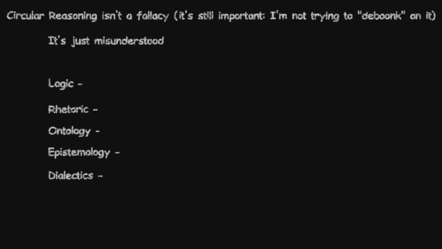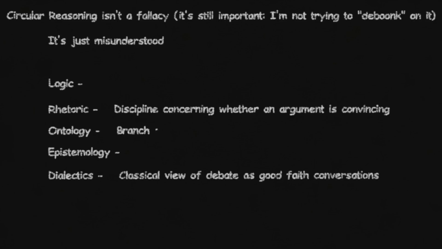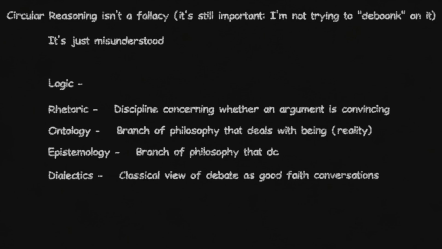What follows are probably vast oversimplifications that I have to make for the sake of brevity, but rhetoric, for example, is the discipline concerned with whether or not an argument is persuasive. Likewise, dialectics, in a classical or pre-Hegelian sense, is just an argument that flows more like a discussion in which both parties are trying to find the truth. And ontology is the branch of philosophy concerned with being. So, for the purposes of this video, I will be talking about what is true of reality, which is contrasted with epistemology, the branch of philosophy that deals with knowledge claims and how we can claim that we know statements about reality are true.